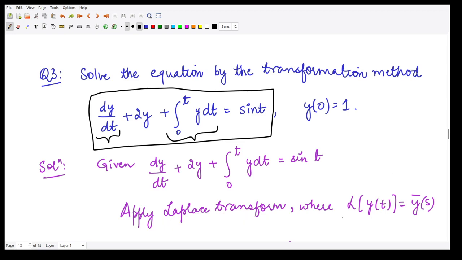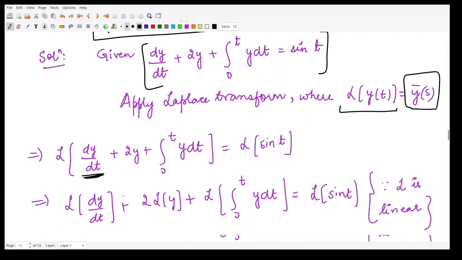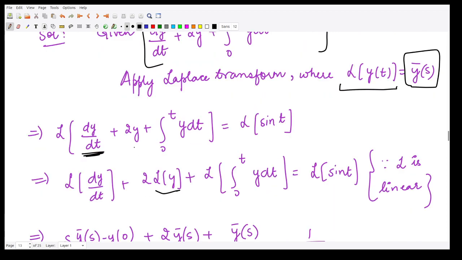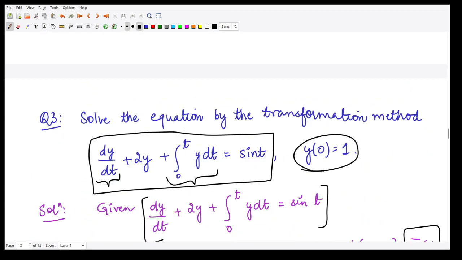So here the Laplace transform of y of t is given by y bar s. This is our assumption. So in that case, when you apply Laplace transform onto this equation on both sides, you have the Laplace transform for this derivative plus the Laplace transform of y, so let me go term by term. So when you solve the derivative for this first term, that is going to be equal to this particular quantity, and you can substitute the value of y of 0. This is given to you as 1, right?